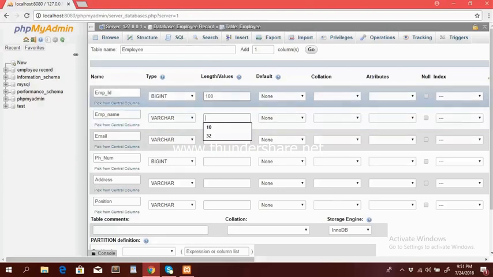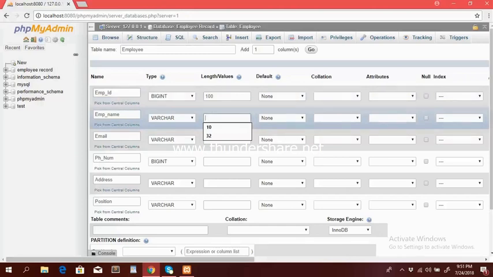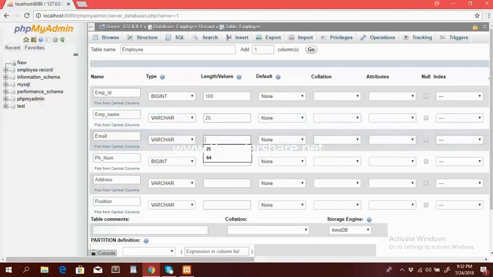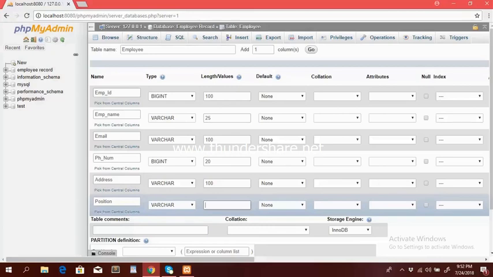It's not going to affect me that much. Employee name, let's just go about 25 on that. Email, let's do 100 here. Phone number 20. Address, another 100. Position, how about